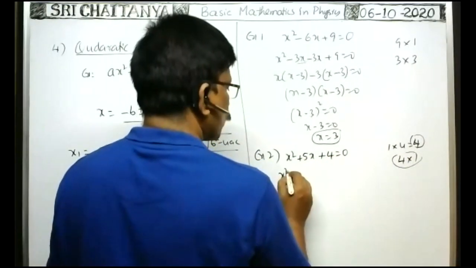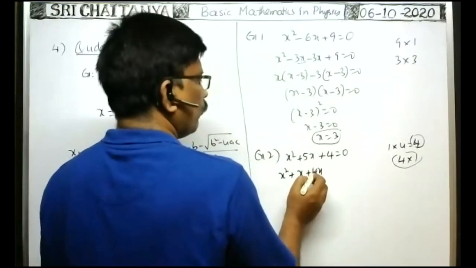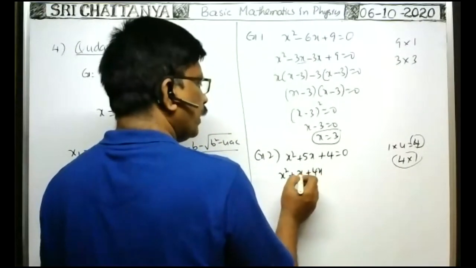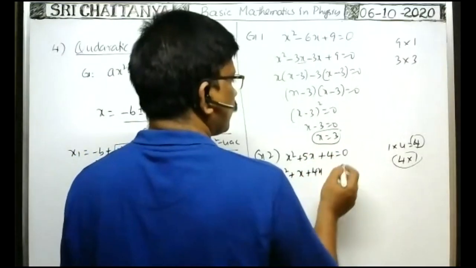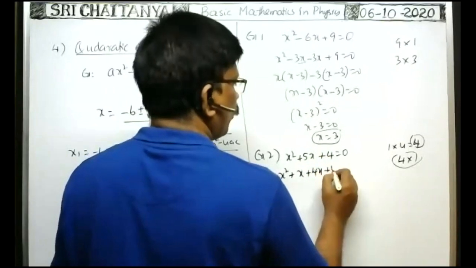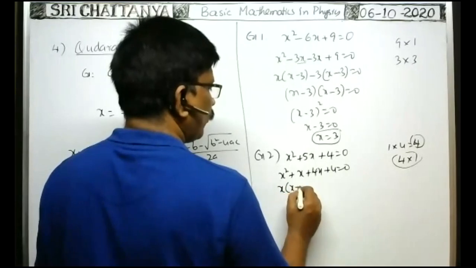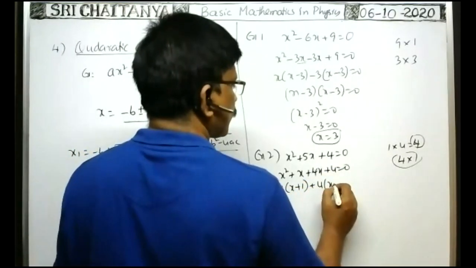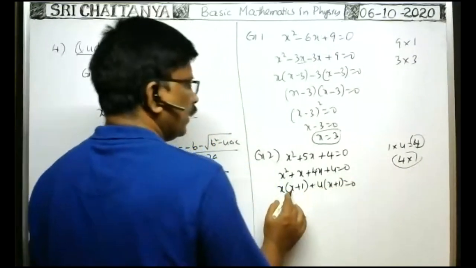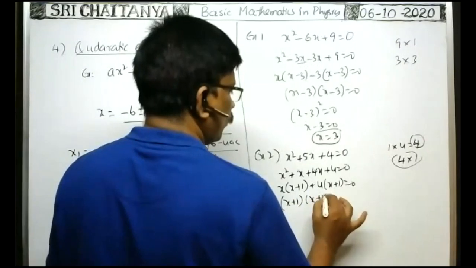That's why x square plus x plus 4x, because 1 into x, 4 into x. 1 plus 4 is equal to 5. That's why this can be written like this, plus 4 is equal to 0. In the first two terms, you take x common, you will have x plus 1. Plus in these two terms, you take 4 common, x plus 1 you will get, that is equal to 0. In these two terms, you take x plus 1 common, then the remaining is x plus 4, that is equal to 0.